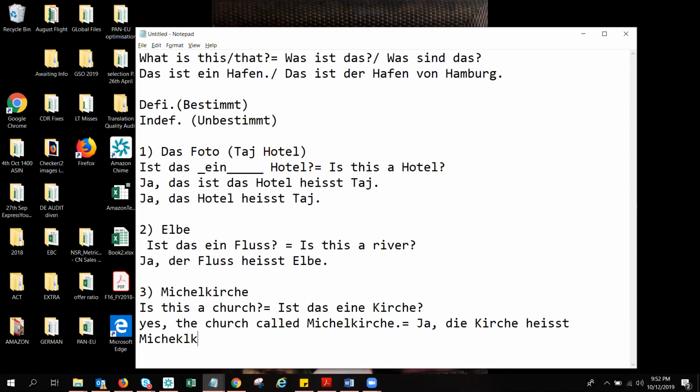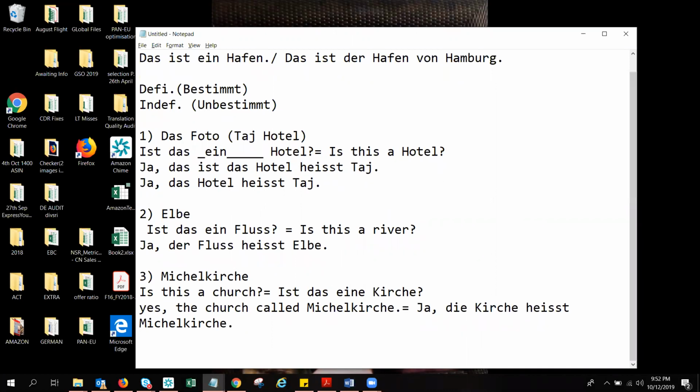One more thing is, you can see wherever I'm using the nouns, I'm writing them with a capital letter, whether it is a noun or the name of the river, hotel or church. The article could be small, but a noun is always capital, whether it is at the end of the sentence, in the middle, or at the start. Okay. Cool. So, one more example I'll give. Yeah, please ask.